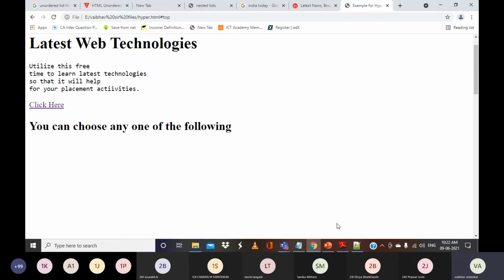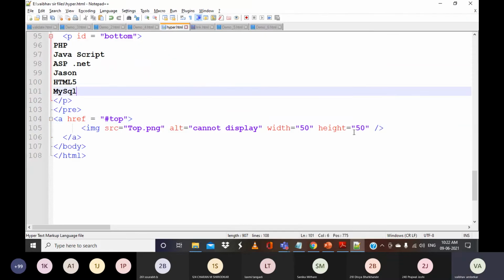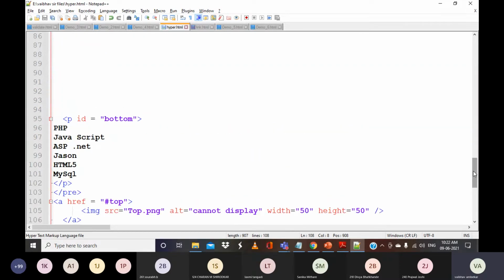Now, one more thing we need to remember. To include this link, or to move our cursor within the document, we use this hash, and we use the ID for that particular tag. It can be a header or anything of that kind.